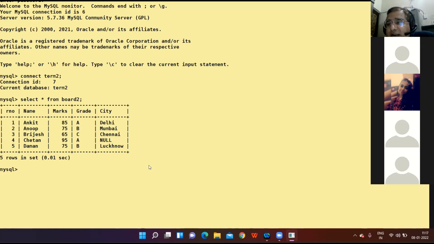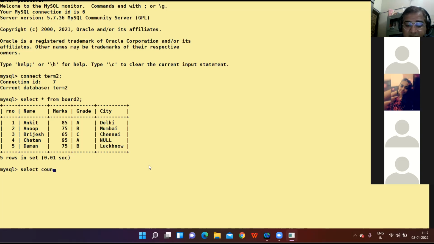Total number of students in each grade. The way order by command is based on some field, group by command is also based on a field. Now in the question, total number of students in each grade, that means your grouping is done on the basis of grade.